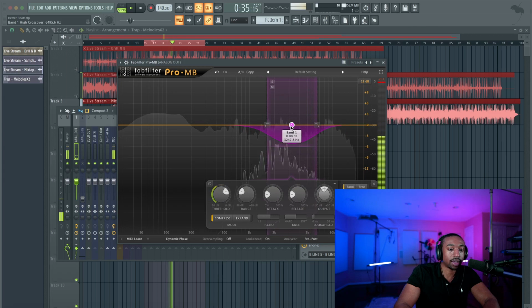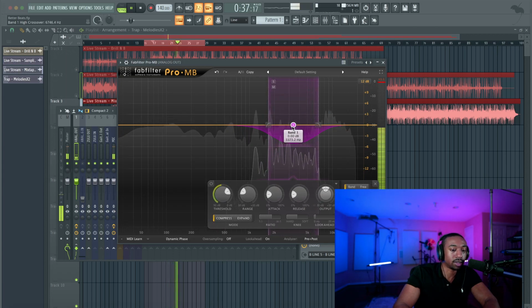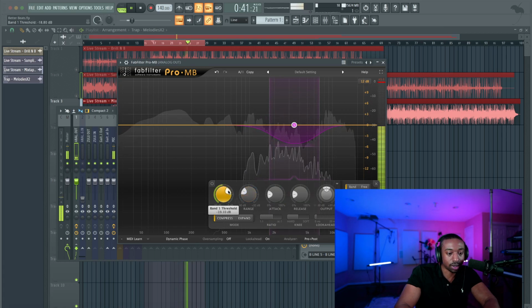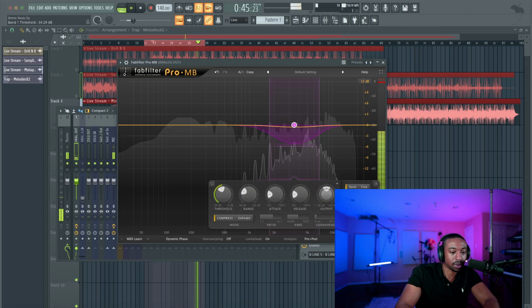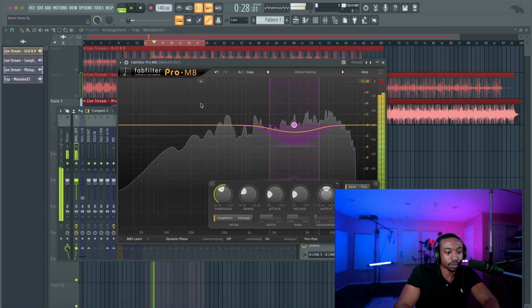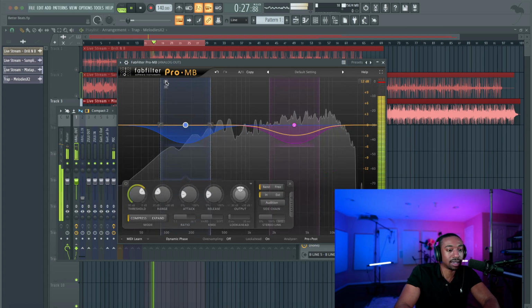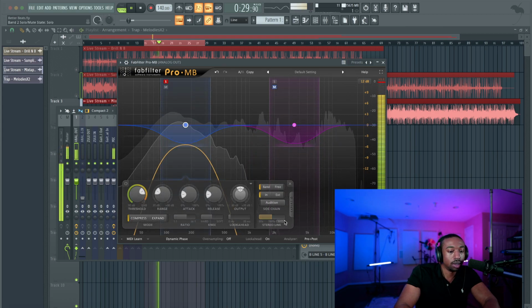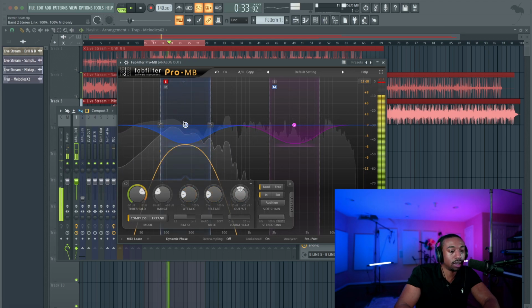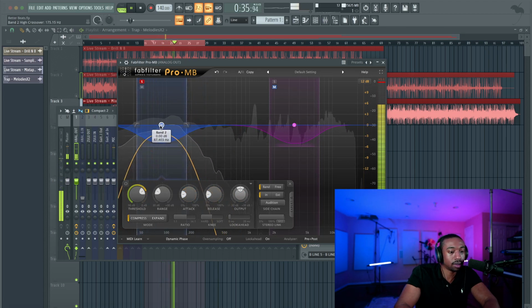So also you want to check 3K to 4K. That's another zone where it gets really dense with energy and it fights against the main vocal. So let's pull this down. We don't want it to fight against our main vocal, so I'm going to pull that out. Now let's add another curve in here, which is around the bass in this case. Let's solo. And I only want to affect the mids. Let's find the pointy part of that kick.